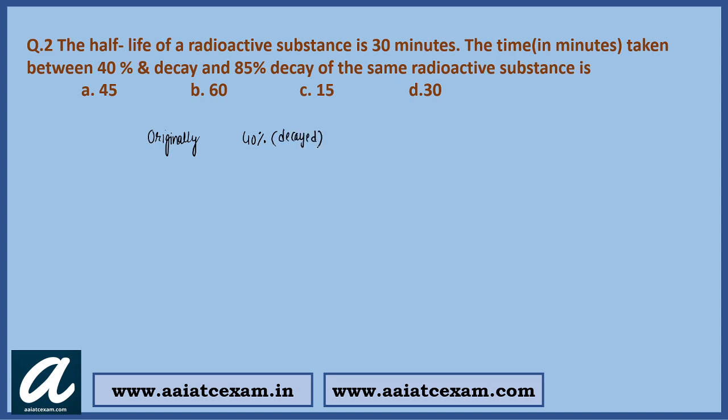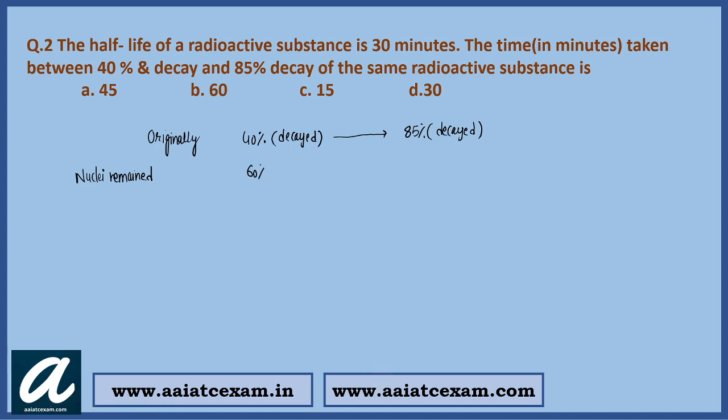So can I say, students, I have to go from 40% to 85% decay. Now students, when this nuclei has decayed from 40% to 85%, can I say one thing, that nuclei remained,